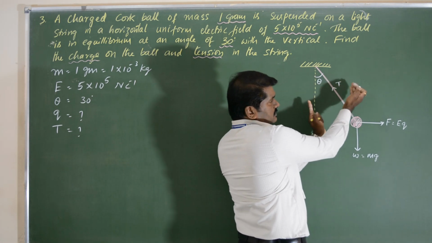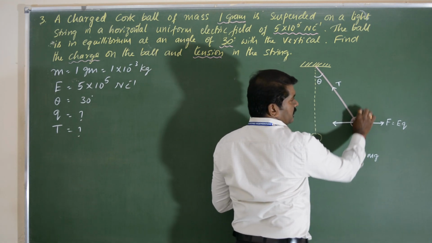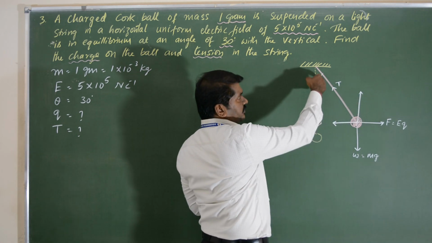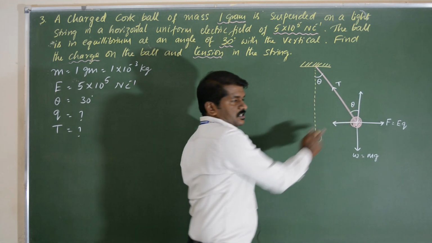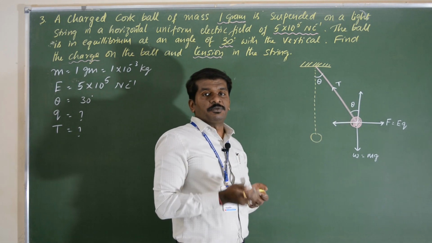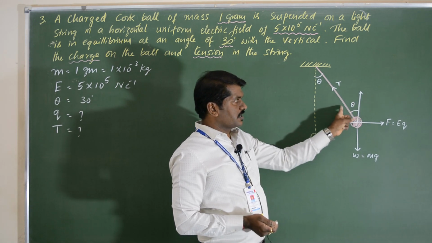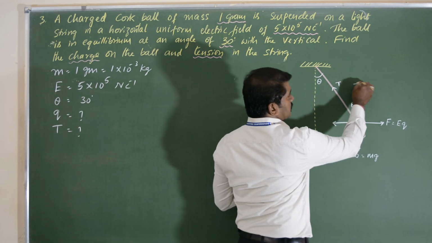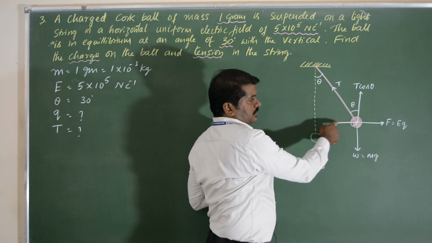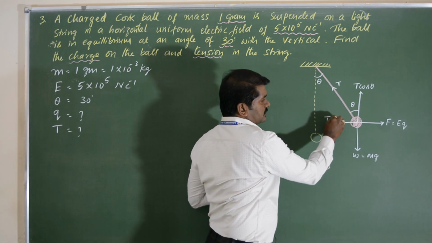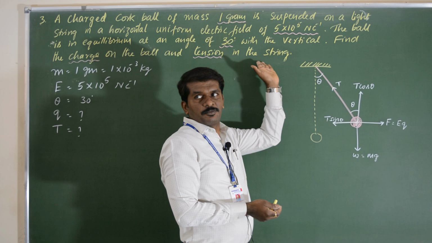If I resolve this vector into two components, one will be along the horizontal and the other along the vertical. We know that if this angle is theta, this must also be equal to theta. The two components are the rectangular components. One should be a cos function and the other should be a sine function. The vector which is attached to the angle will always be a cos function, that becomes T cos theta, and the vector which is opposite to the angle will always be a sine function, therefore T sin theta. So this is the diagram we have to draw according to this problem.